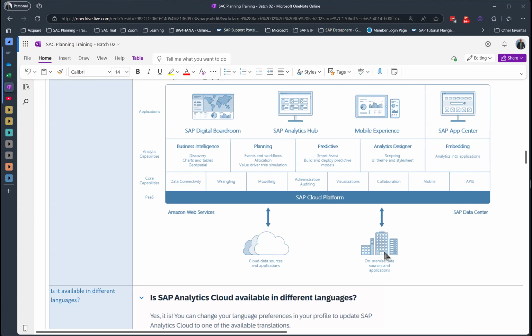No, you don't. All you need is a browser and an internet connection. That's all. You write www.gmail.com and then you get your emails and you can send and receive emails and do other things. So that is cloud-based software. Cloud-based means it is not installed locally on your machine. It is there with a browser and internet connection. That is the cloud. So SAC can support both cloud sources and on-premise sources.